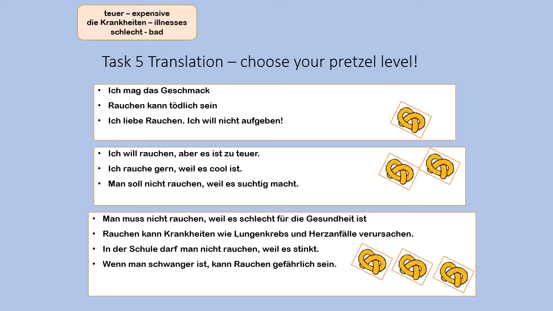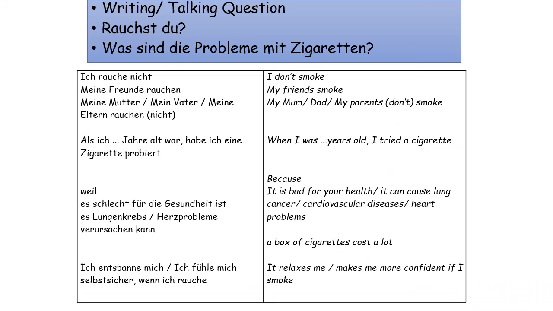So what I want you to choose is any 5 sentences that you wish to translate. Obviously, you're wanting to gain the maximum amount of pretzels that you think you can. So it's gambling on what you feel capable of being sure that you're going to actually achieve the pretzel for, and also not going too low and losing out on pretzels. Okay, you've got a little box with a couple of words in there to help you, but the rest is up to you to try and find out. Good luck.